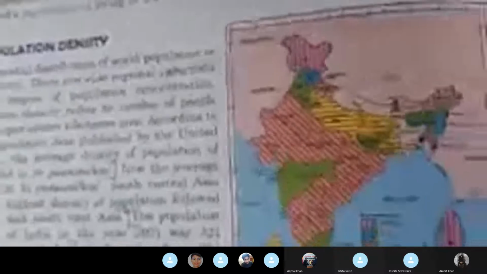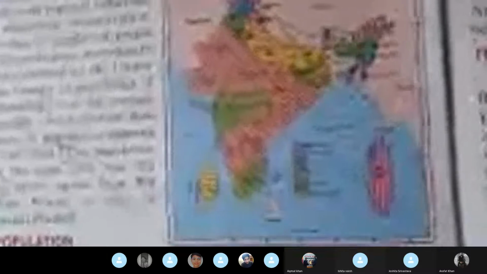Marked. Coming to 6-2. Discuss the factors responsible for distribution of population in the world. Write page 208, 209. Come to the last slide. The population distribution. Can you see this? Mark from here. The population distribution